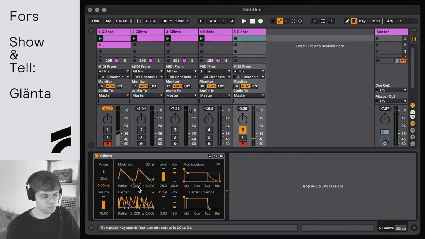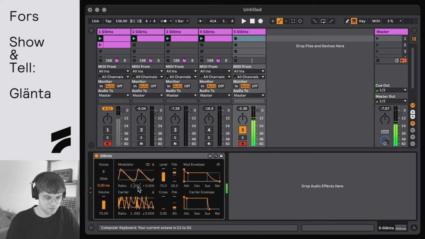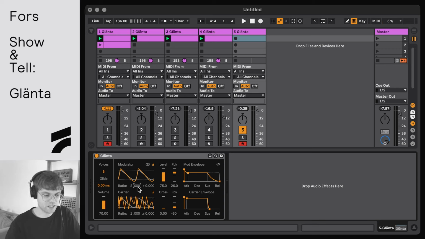And since this is also part of the ratio, this will always be relative to the pitch of the incoming note. So as you increase or decrease the note input or the MIDI note being played, you hear that sort of the modulation gets faster and faster. So if you don't want that and you want your drifting to be consistent, regardless of which pitch you're playing, this control here is a sort of drift control which offsets the oscillator's hertz, which is independent from the ratio and allows you to do